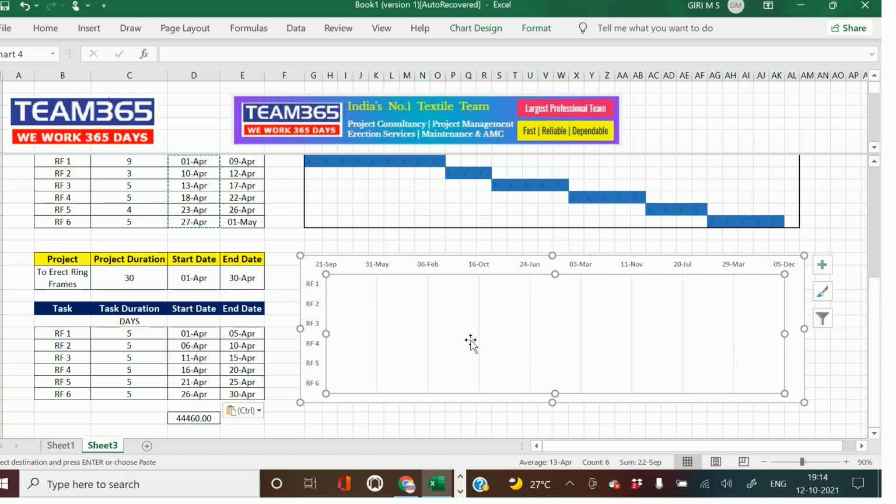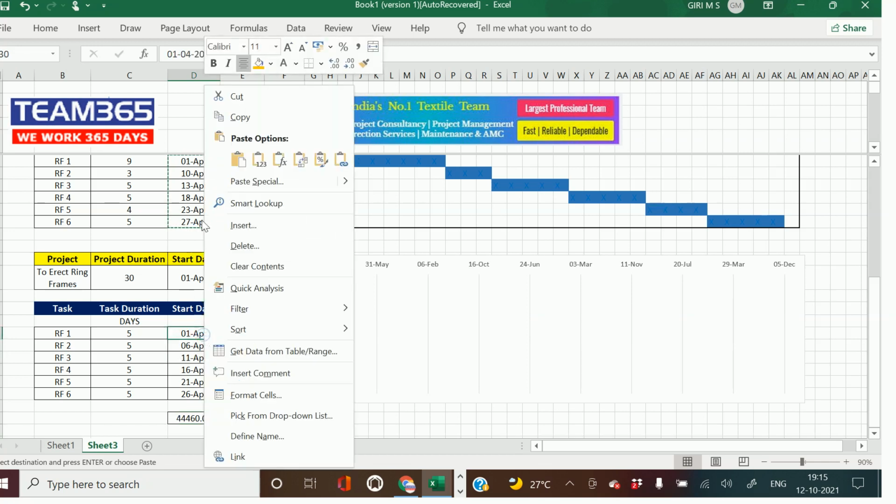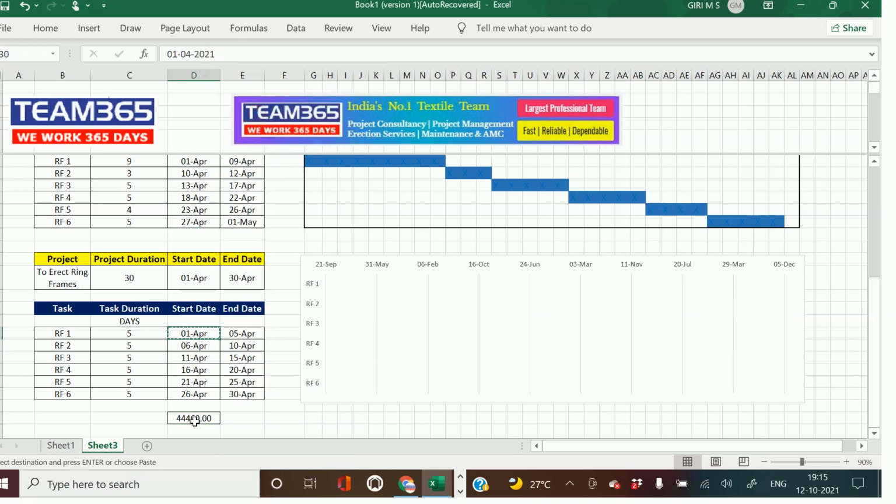What happened? The graph disappeared. Why did it disappear? Because this was what we had selected. It was earlier a different date. Now it is 1st April. So you need to copy 1st April, paste it here, and now